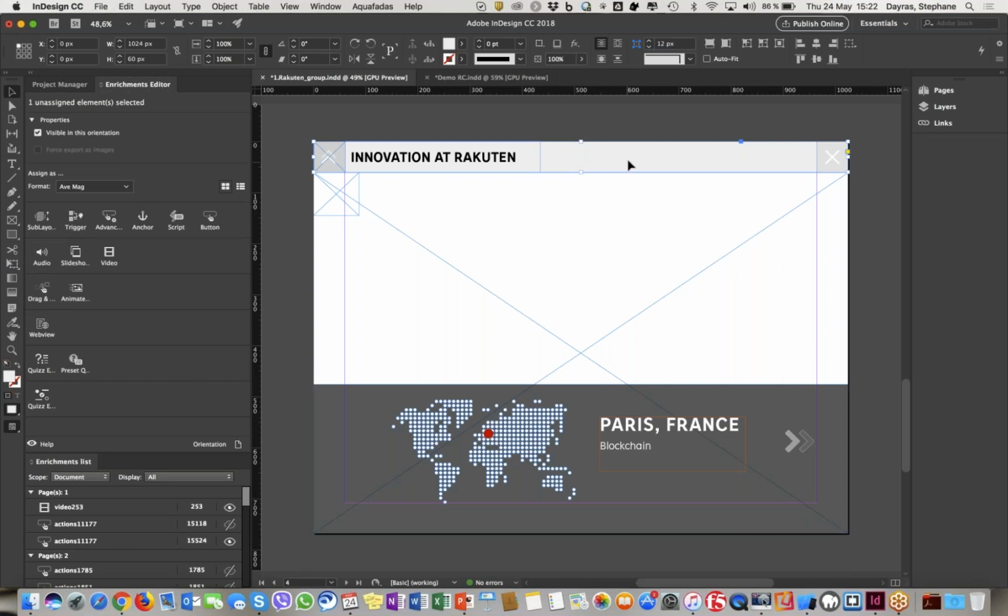And in that case, on that new frame, which has no enrichments, I could decide to apply one of these enrichments, all the ones I explained to you at the very beginning with my slideshow. So I could add a video, a slideshow, an audio file, embed a web view to my website, whatever. All of them are available there, right?